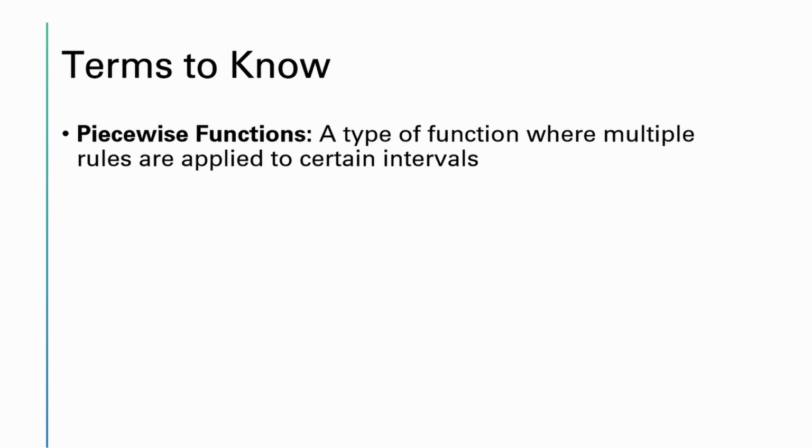Now, a normal function, like you've seen before, would look something like this. y is equal to 2x plus 5. And that's normal, right? What this would mean is that for all real values of x, y would equal 2 times the x value plus 5. And this is going to apply to all real values of x. So the graph of this would go on forever.